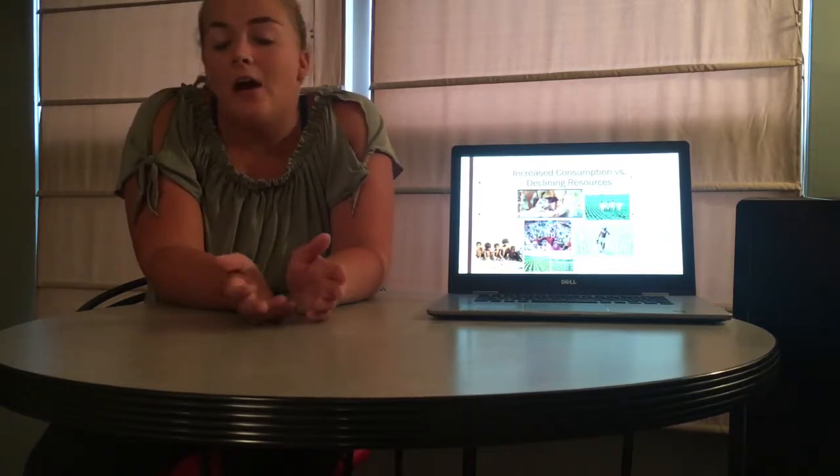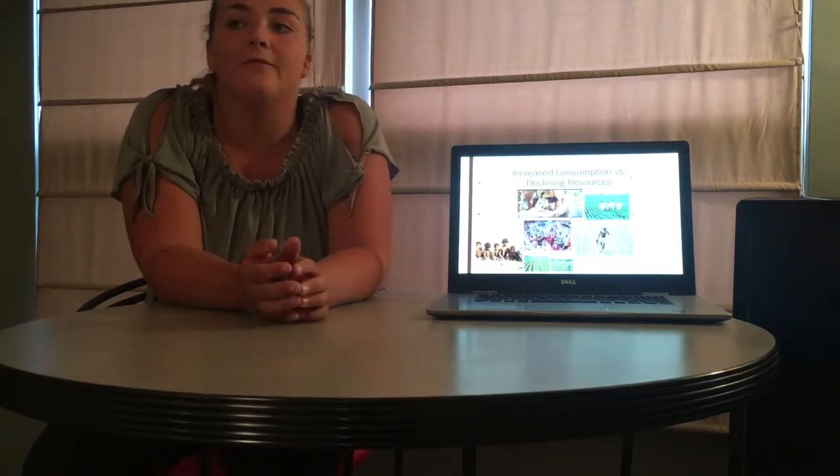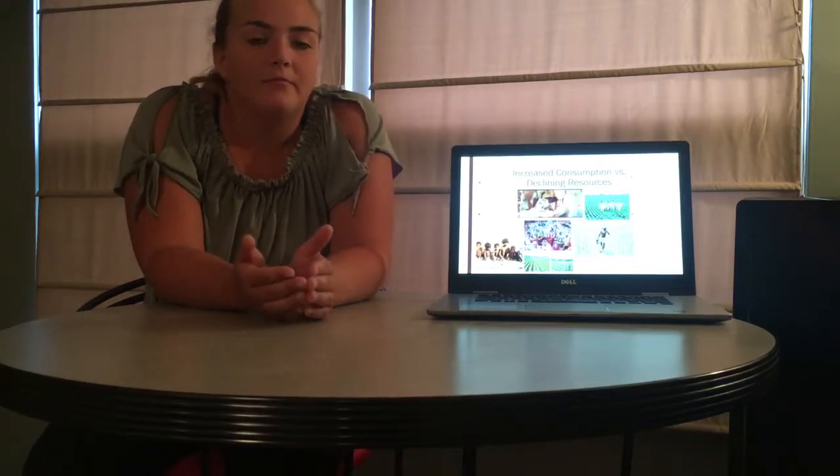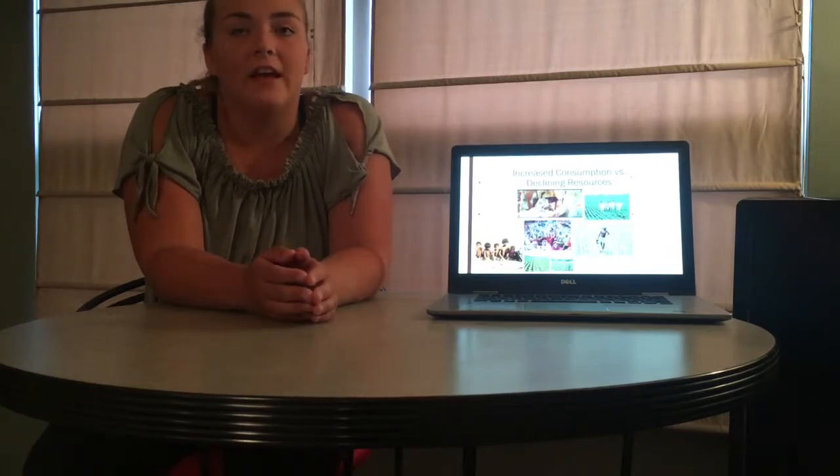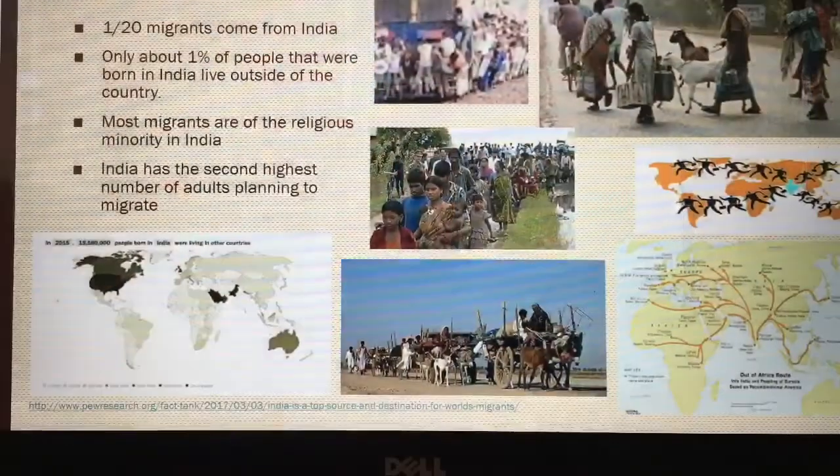The overpopulation in India is a huge problem because there's so many people coming in, like migrating there, being born. The population growth rate is just increasing at an insane level, and they need housing for all these people. But on the other hand, farmers need land for their farms so they can feed the people of India. So it's kind of overlapping, and it's becoming a very big deal.